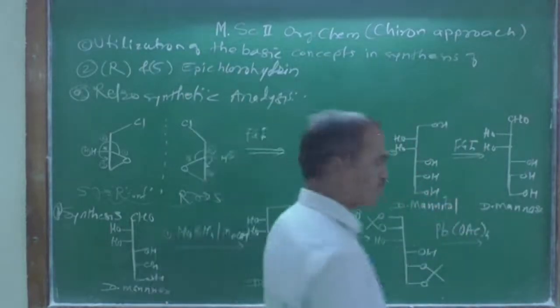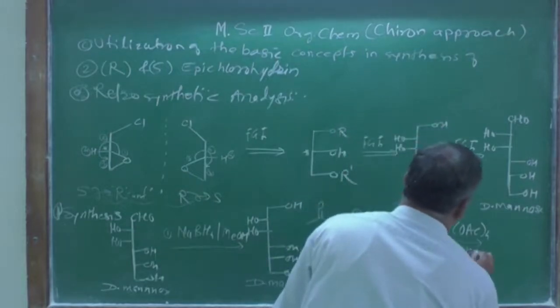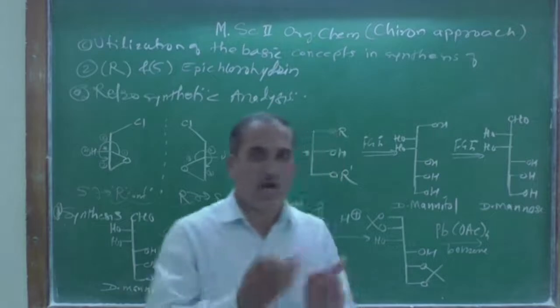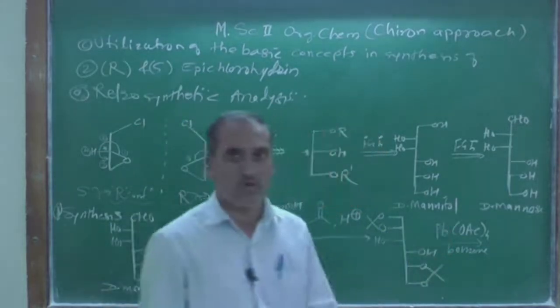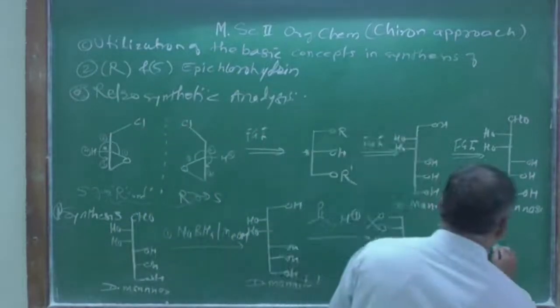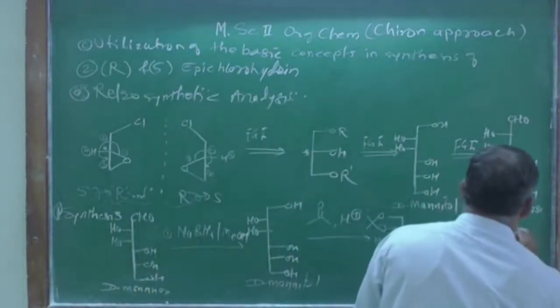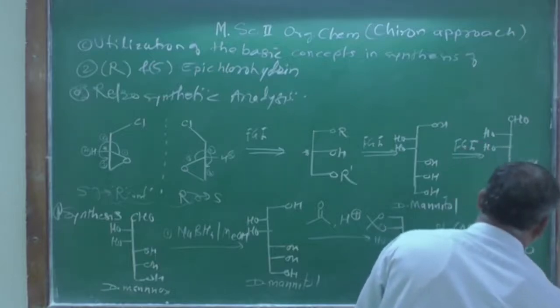PbOAc4 in the presence of benzene. Benzene is used as a solvent here to carry out the reaction in the laboratory, and oxidative cleavage of the 1,2-diol takes place, and we are going to get 2 molecules of this CHO, and this protected